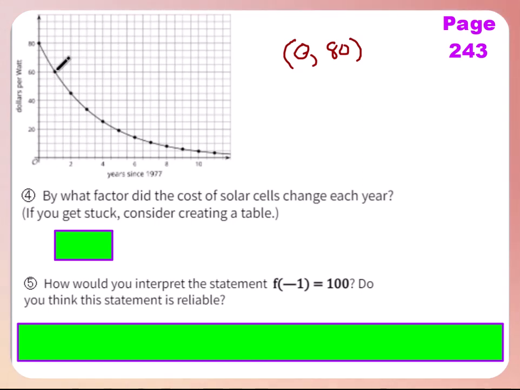That's 1, and it looks like 60. Let's find our change in our y values. In other words, what is 80 minus 60? 80 minus 60 is 20. And then 0 minus 1 is 1. We're going up by 1. Okay, so solar cells